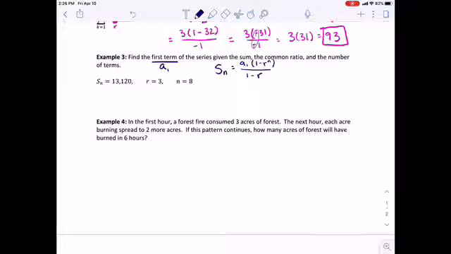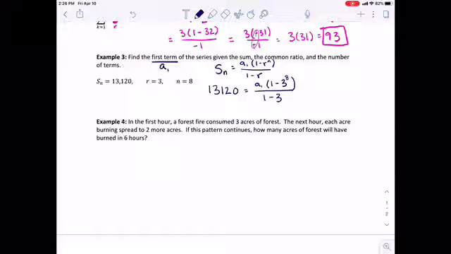I know that S sub n was 13,120. That equals my A sub 1, which is what I'm trying to figure out, times 1 minus R, which they told me was 3, to the n, or 8th power,